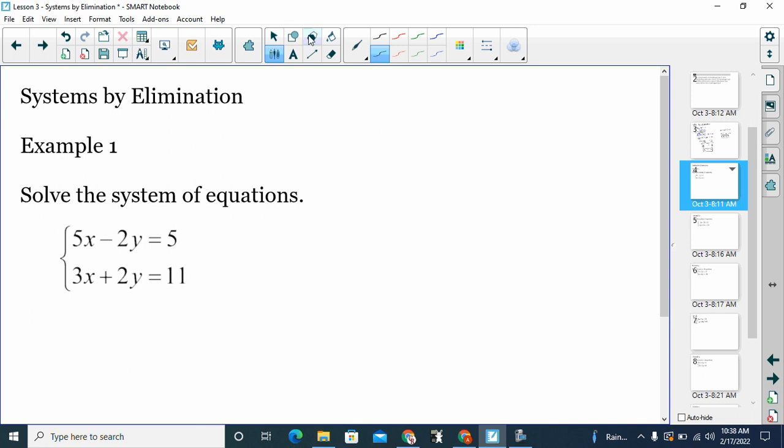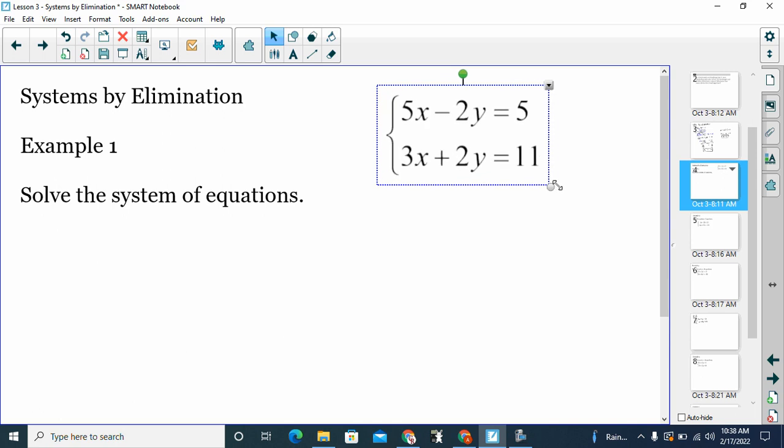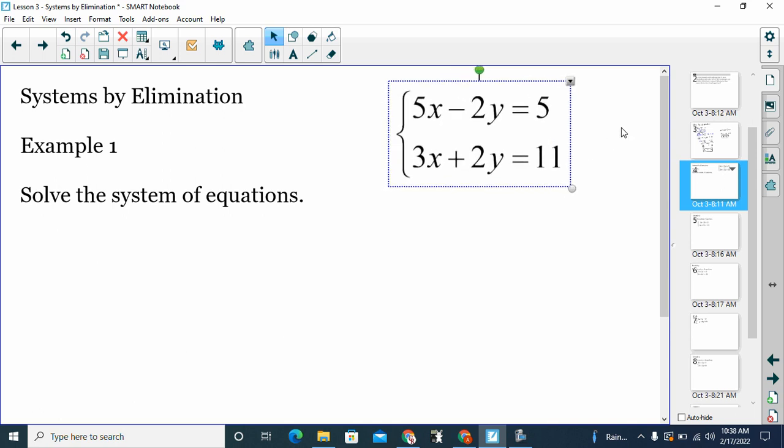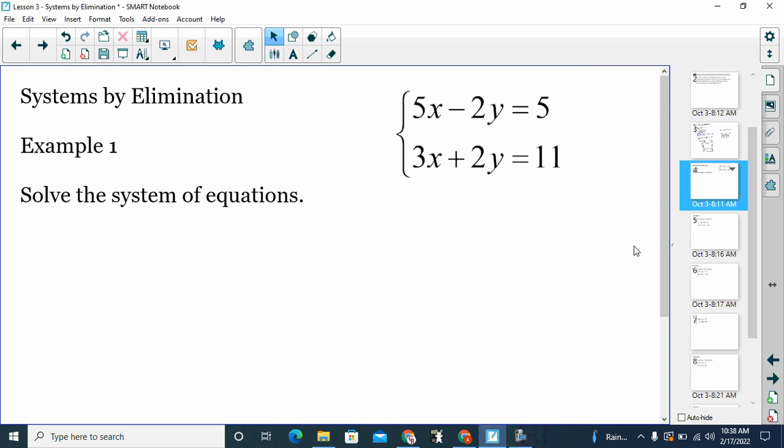So example 1 asks us to solve the system of equations, and we are given 5x minus 2y equals 5 and 3x plus 2y equals 11. 5x minus 2y equals 5, 3x plus 2y equals 11. Notice this time, neither one of my equations say x equals or y equals. Also, last class we took a look at a problem where I could solve for one of my variables and then substitute,